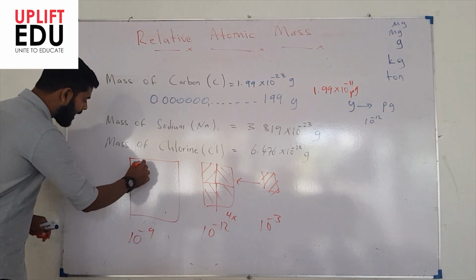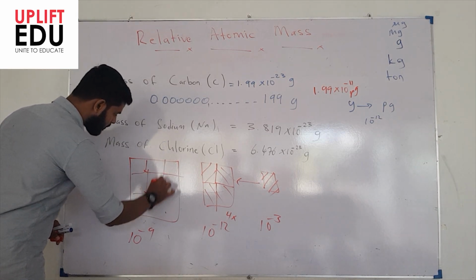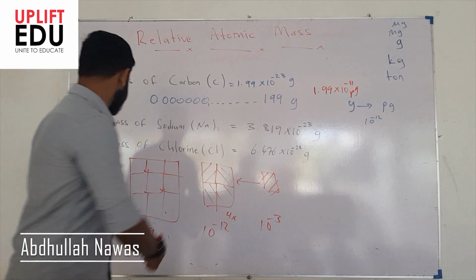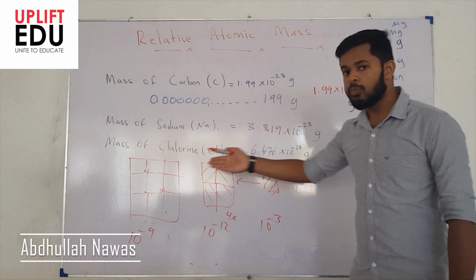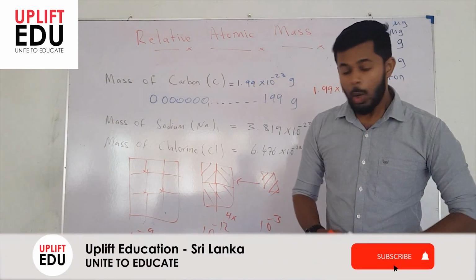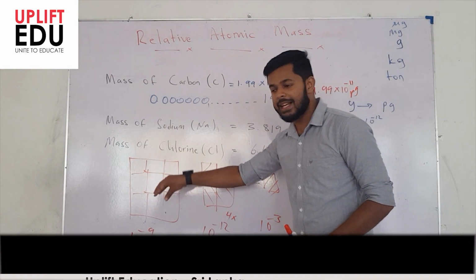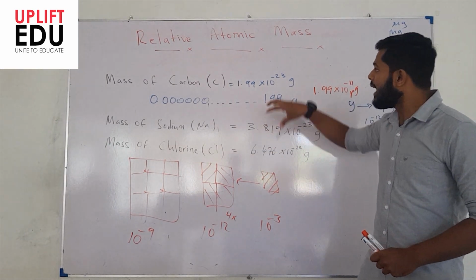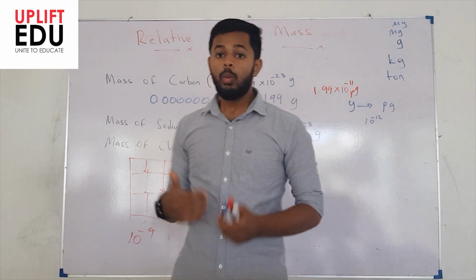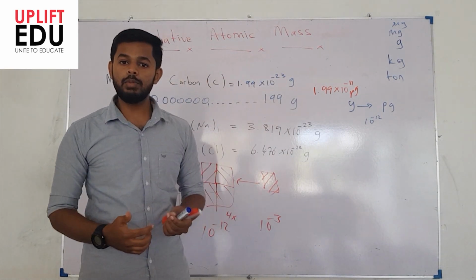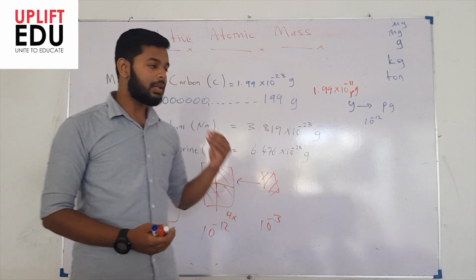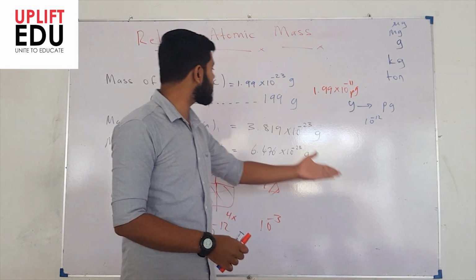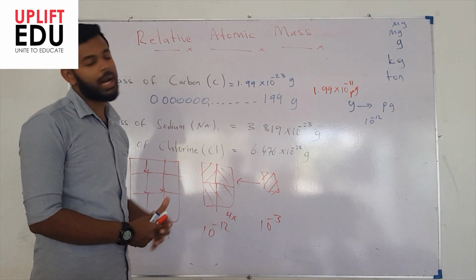Similarly, now I come to this point, I see I can keep about 9 such small cubes in this big cube. So I say this big cube is 9 times bigger than this small cube. So that is what we call the comparison. We are expressing the size of these cubes with respect to a certain unit, considering one constant factor. Similarly, in atomic mass also, we are going to compare the masses of all these atoms to a constant value. That will make it easy and give a constant and very small numerical value for the masses of these atoms. That is what we call relative atomic mass.